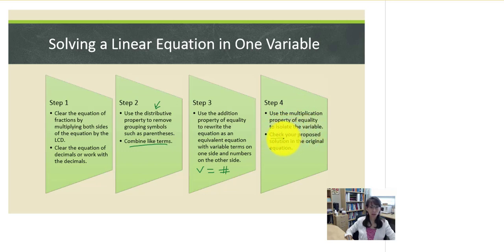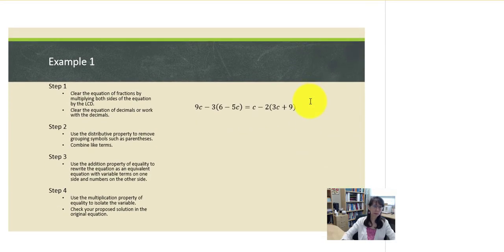And it always is a good idea to check your answer. Basically, that just means if I get x equals 1, I want to substitute 1 back into the original equation to see if it really works or not. So to the left, I have all the steps written out again just to remind us of what order we should be